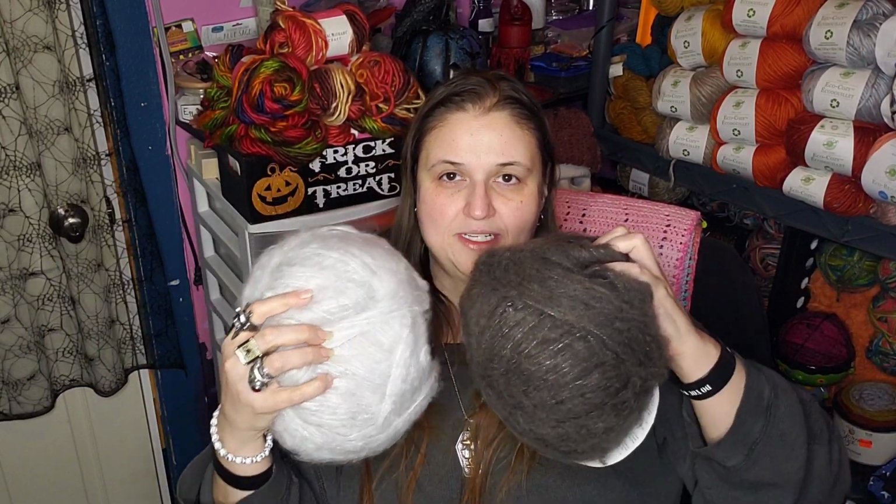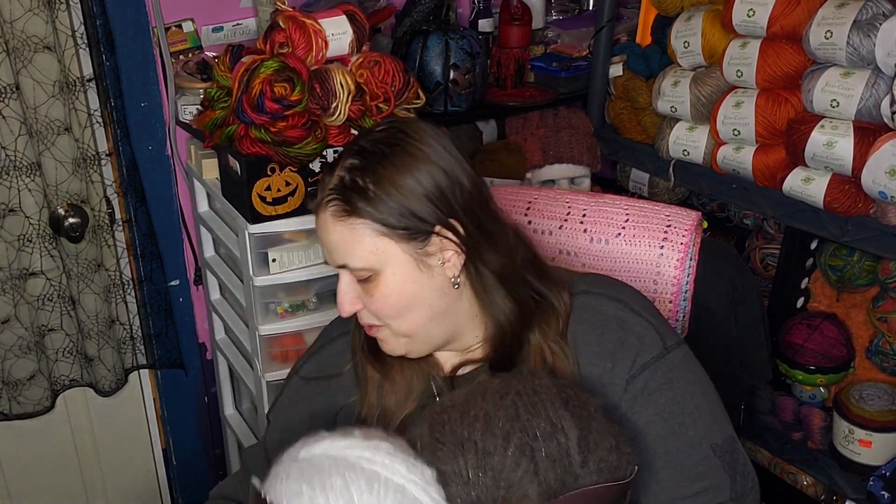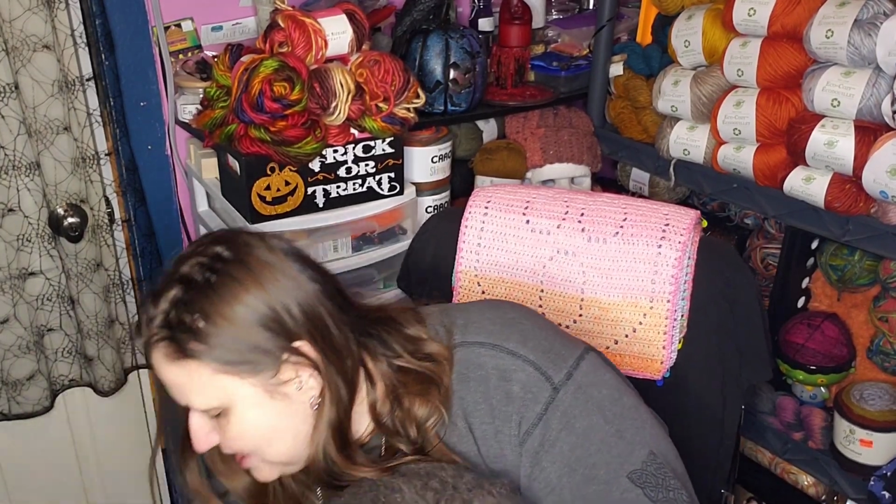And Victoria's like, yeah, why don't you just put it by its friend, so it's not sitting in this basket. And so I'm carrying it around, and literally we just wandered into line, and this was in my cart, and it came home with me. So I'm the proud owner of 2 more Plentifuls, Bernat Plentifuls. So if I don't mix this one with the blood orange, I can definitely mix these 2 together. But they're soft, and if nothing else, I'll sit here and love on them for a while. I do love them, just the way they are. So sometimes you just got to give stuff a home when it's just sitting there looking all sad, right, guys? So that was what...